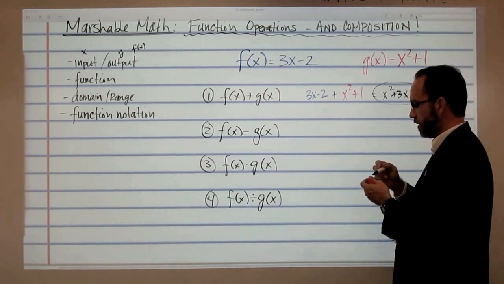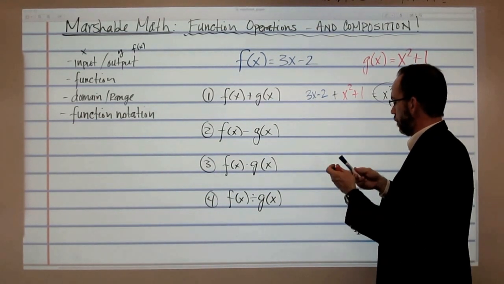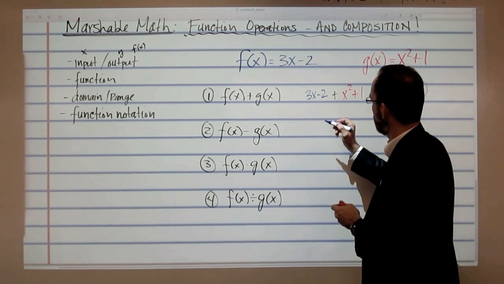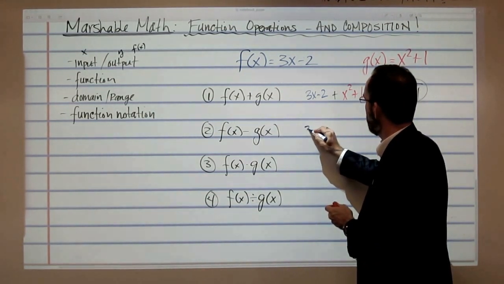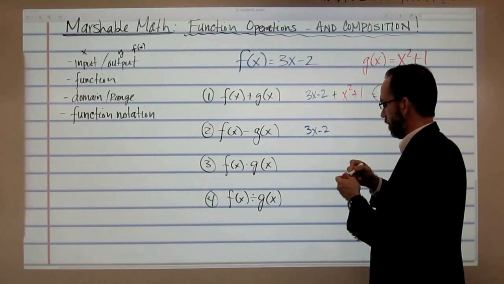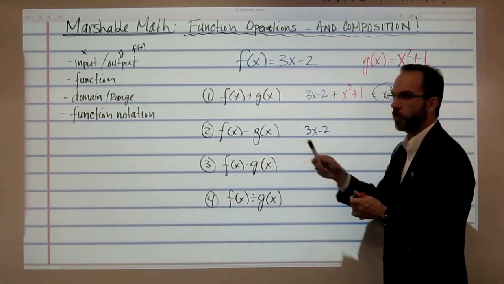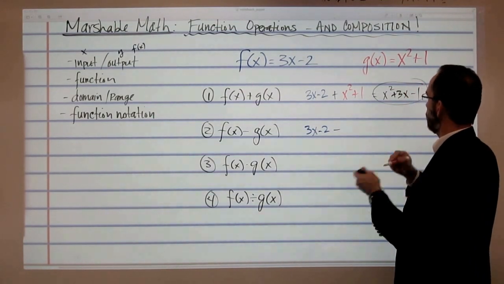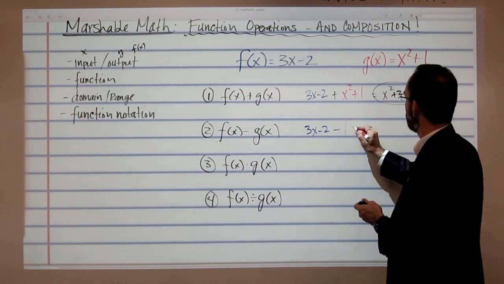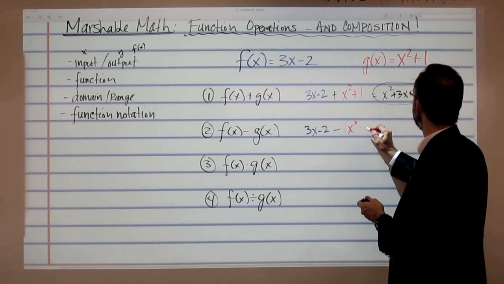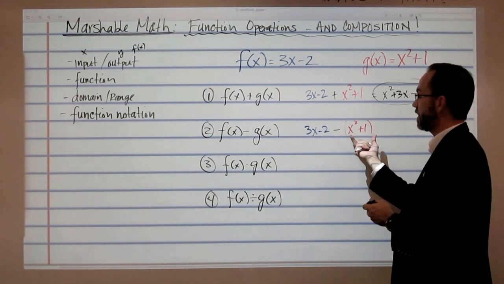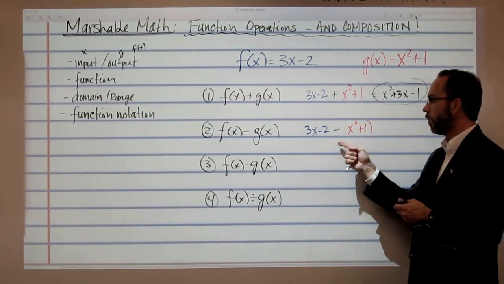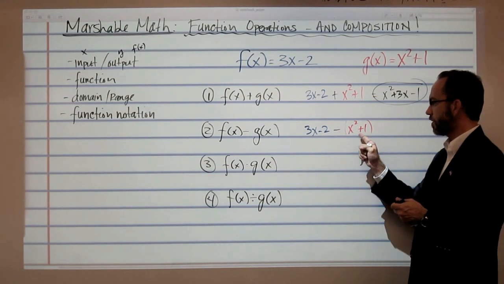Okay? f of x minus g of x. Now, watch this here. This is going to be a little bit different. This is going to be 3x minus 2, but I'm subtracting the group, right? So it's minus now, but it's minus the group. So let me really put parentheses around here so that you can see that it's minus the group. x squared plus 1. It's minus the quantity. Now remember, when you have something that's set up like this where it's minus the group, you have to distribute